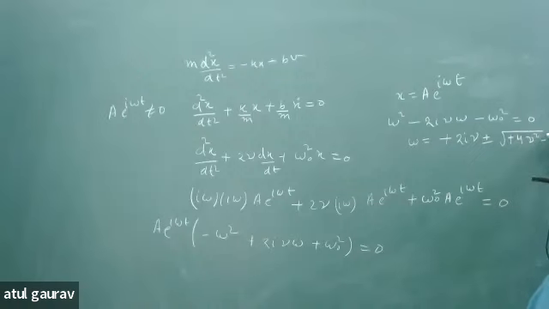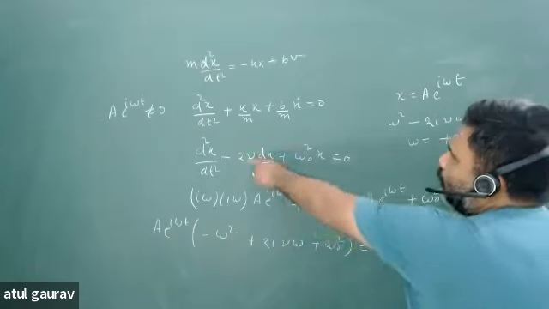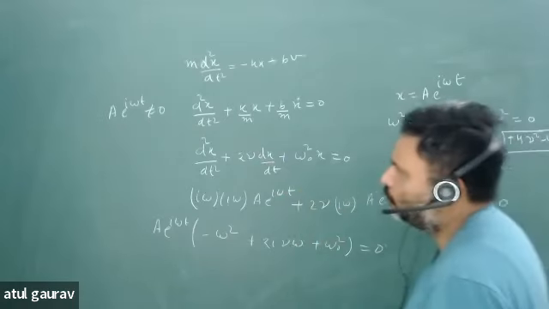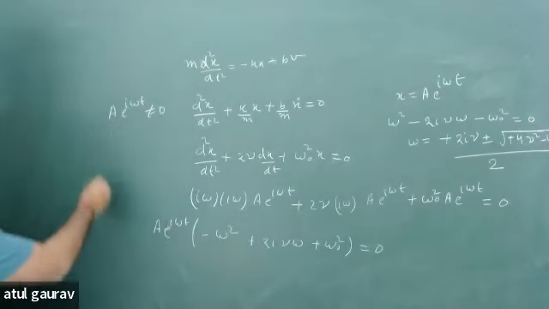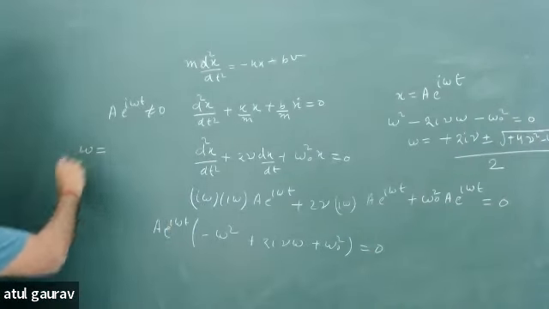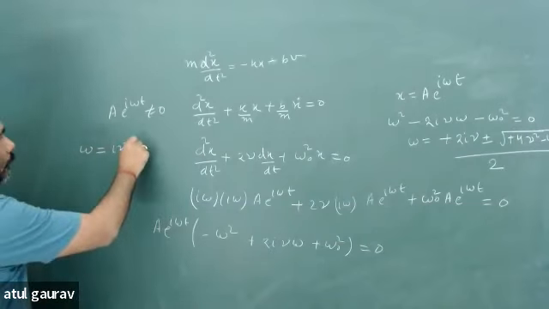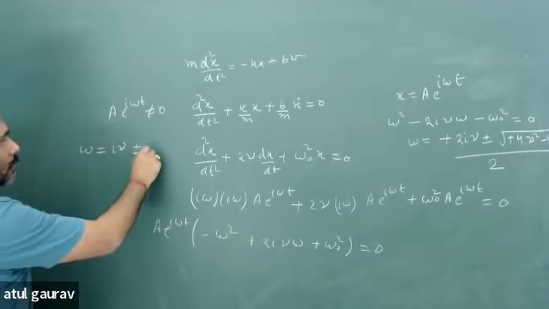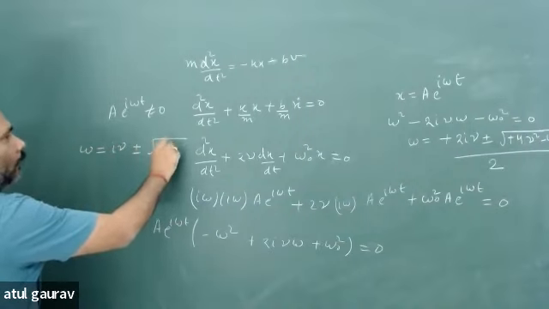Gamma square minus 4ac, omega naught square, by 2a, that is 2. So why have we deliberately taken 2 gamma? So that this 2 and this 2 can cancel out. And you can see we have a very interesting value of gamma, and omega is equal to i gamma plus minus, and we have that value gamma square